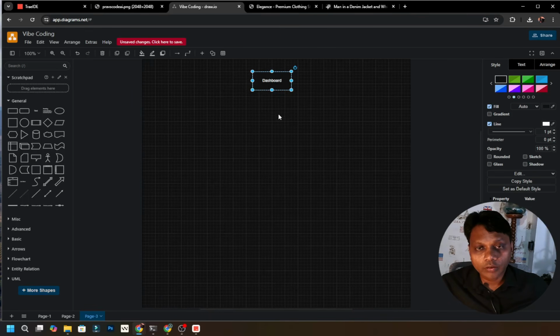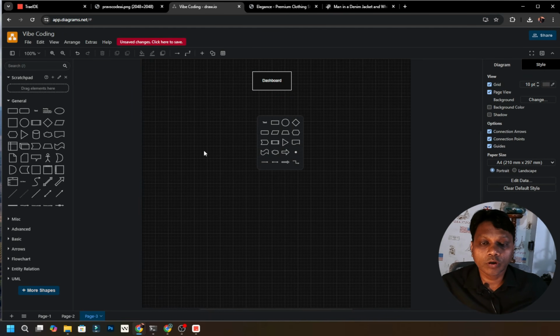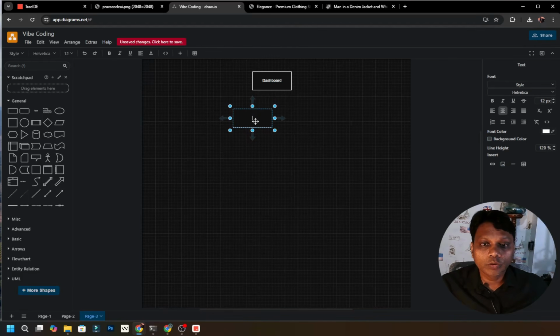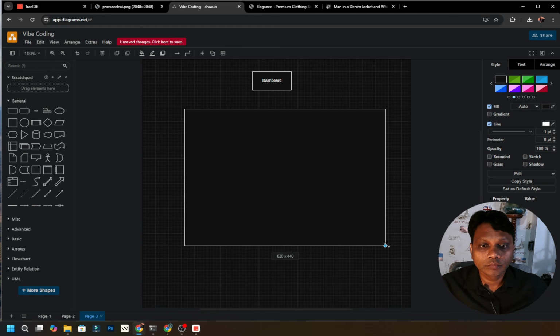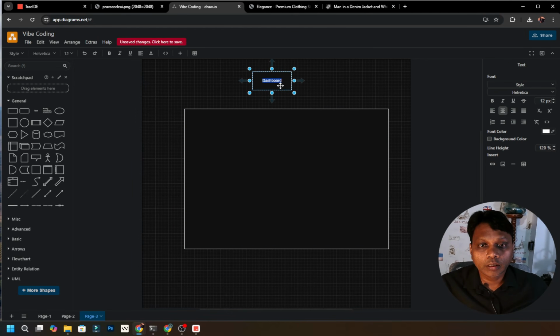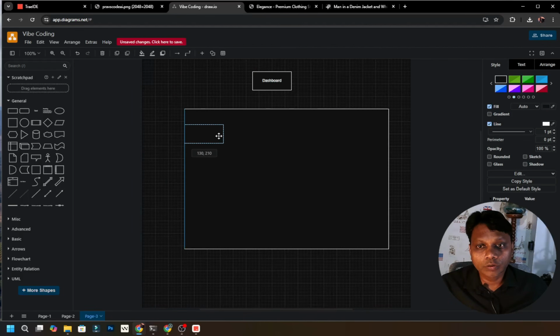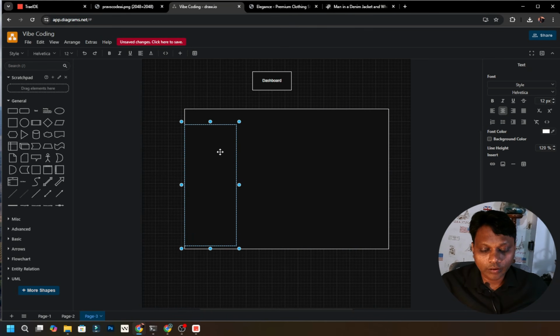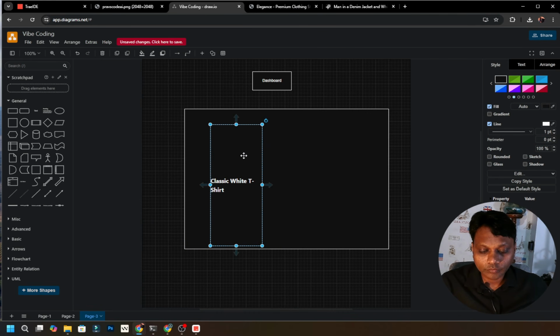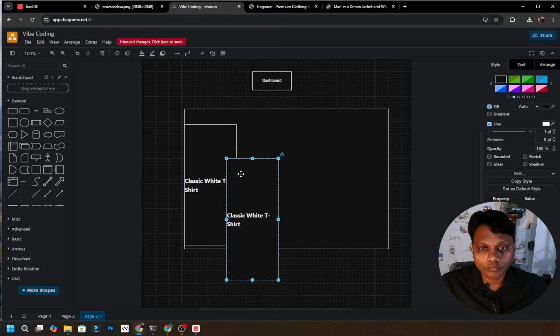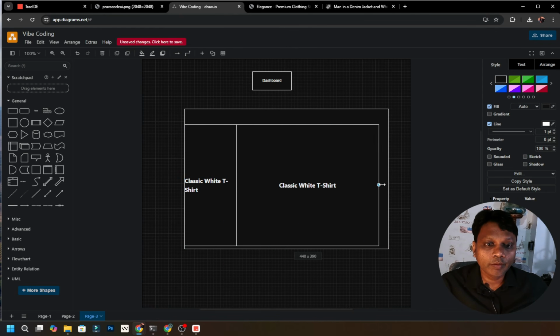When you have a utility-based website, like e-commerce, you have a sidebar like this, and then you have a main section like this, and then you have a top menu over here, and then you have got dashboard